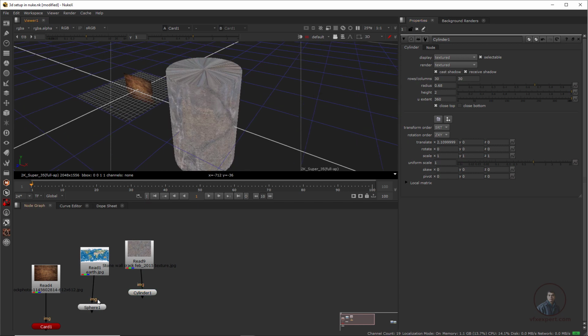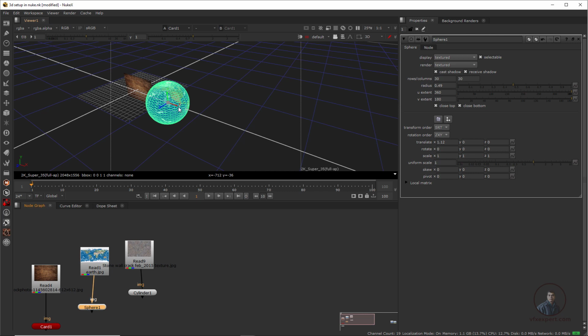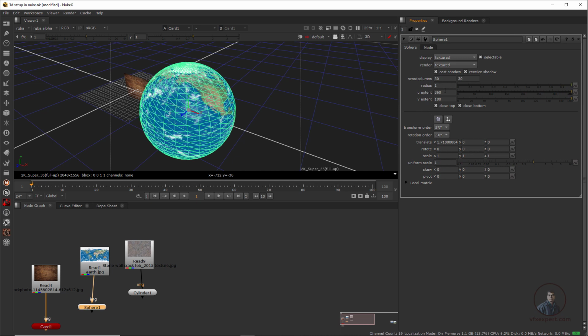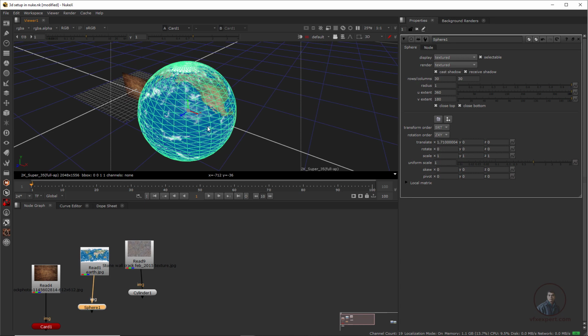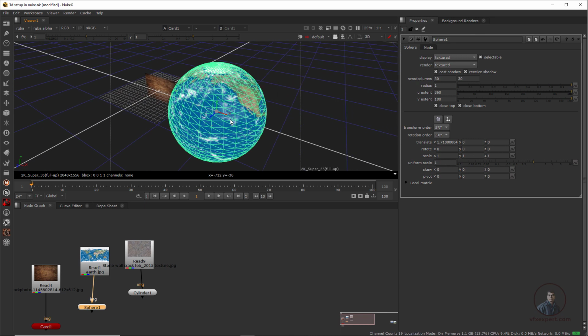So now here just a little bit again, double click on this sphere and move it here and scale it a little bit and adjust this radius here. So here these two parameters, which is u extend and v extend, are important parameters. With the help of this u and v extend, we can open our sphere here. Maybe if you want to create a semi sphere for your environment like this, you can adjust this u and v extend. So just simply adjust it here. So maybe just reduce this one and reduce this one also.